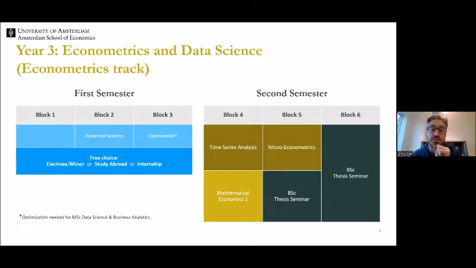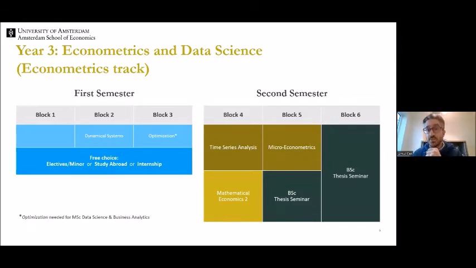So if you're interested in whatever psychology, sociology, Russian literature, whatever it is, you can take courses in those subjects in this first semester just to broaden your academic horizons, so to speak. You can choose your electives in a clever way so that they add up into a minor. So you can do a minor in a particular field, like mathematics maybe, or computer science or something like that. So then you have, in addition to your degree in econometrics, you would also have a minor in whatever field you choose. So that's also an option.